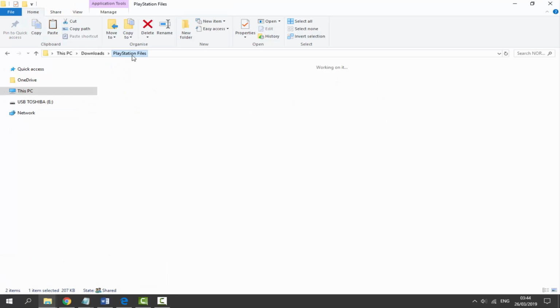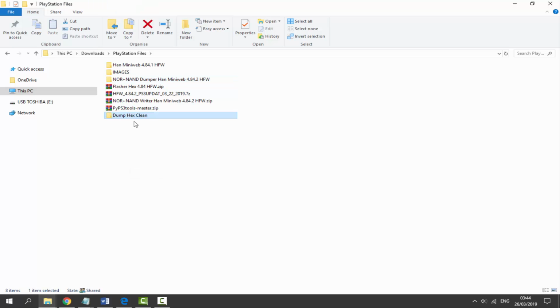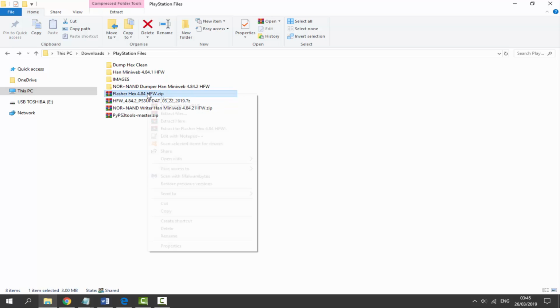So I'm just going to put it along with my other files in the PlayStation files, so right click and paste it in here, and there you go, we have got our dump hex, the clean version, over in our downloads folder. Okay, so the next thing we have to do is go and get the flash hex 4.84 HFW,